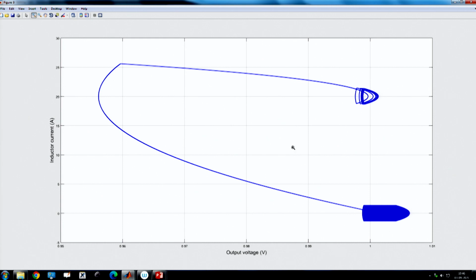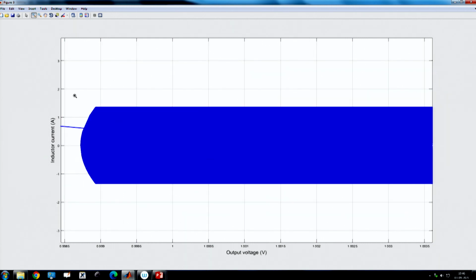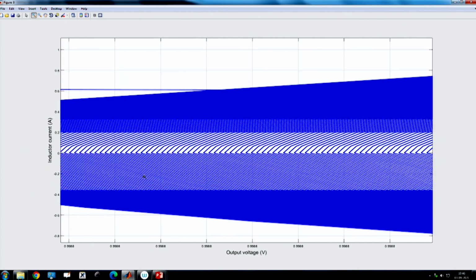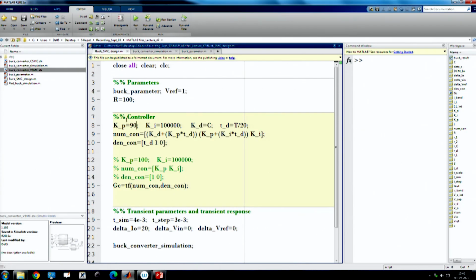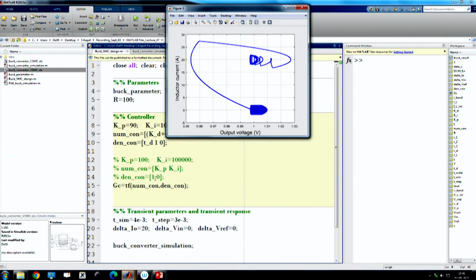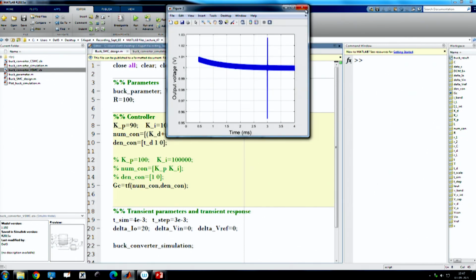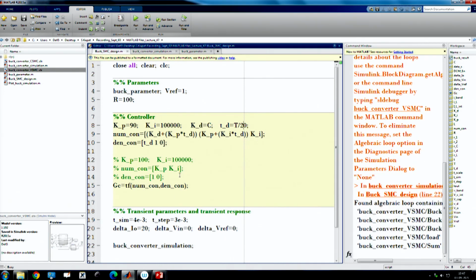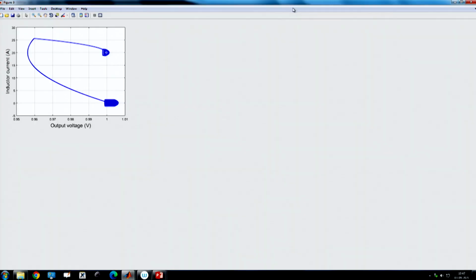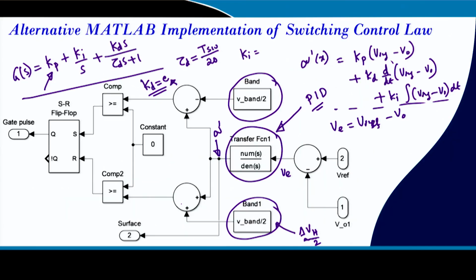Because of the integral action, it is slowly approaching and finally it is reaching steady state, so more number of cycles. You can eliminate some of the data here, or if you make it 10, yeah. See, the derivative also has a role, that is the time constant. If we limit the band of the derivative, that also leads to this, so the derivative filter time constant also plays a significant role. So, this part we will discuss.